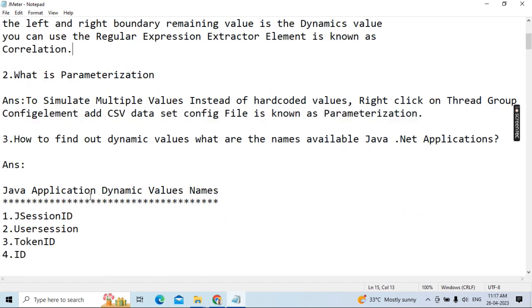Now the second one, what is parameterization? The answer is, to simulate multiple values instead of hard coded values, right click on thread group, config element, add a CSV data set config file, which is known as parameterization. The main concept in parameterization, in simple terms, is a single script executing for multiple users. For example, if every user needs to log in and you need to prepare a script for each,